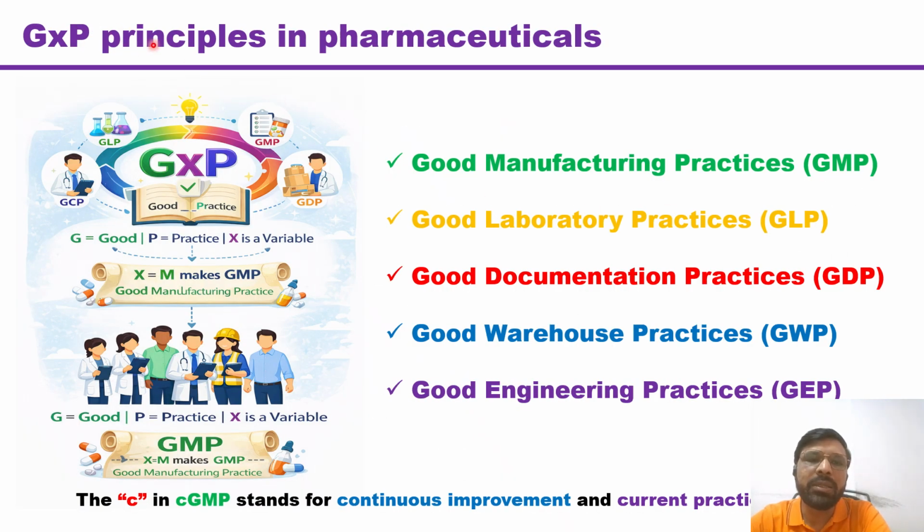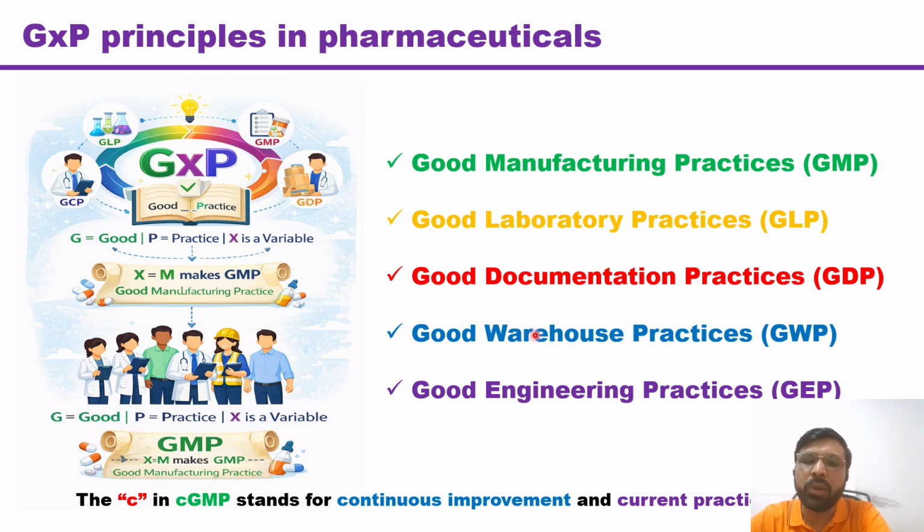Now we'll see the GXP principle in the pharmaceutical. In GXP, G stands for good, P stands for practices, and X is a variable. If we are talking about manufacturing, it will be good manufacturing practices, also called GMP. If we are talking about the laboratory, it will be good laboratory practices, also called GLP. If we are talking about documentation, it will be good documentation practices, also called